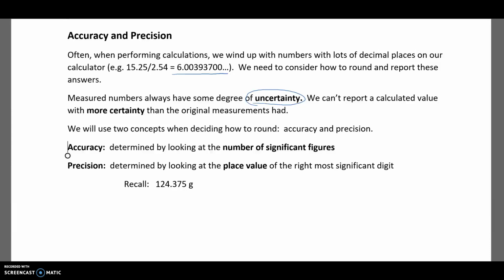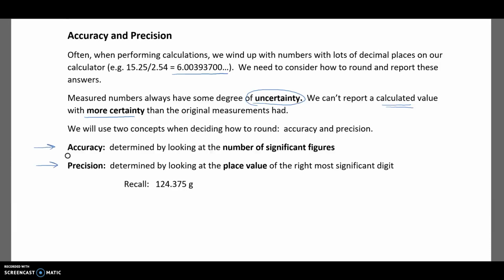For example, this could come from having to estimate where on a tape measure a piece of wood falls, or from uncertainty built into a digital scale. The big idea here is that we can't report a calculated value based on measured numbers with more certainty than the original measurements had. In order to decide how to round those final calculated values, we'll look at two ideas: